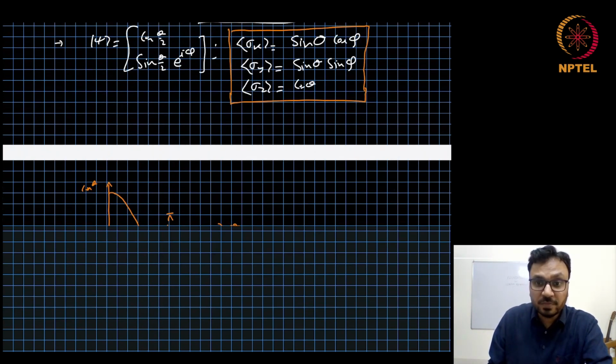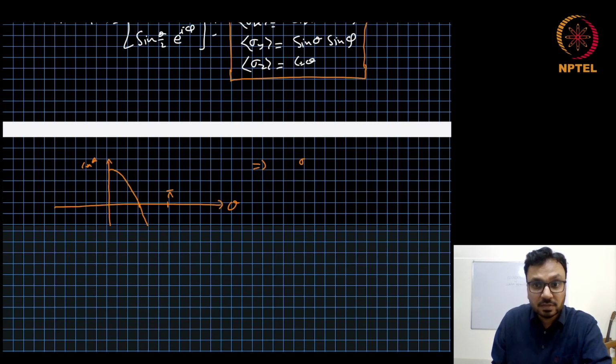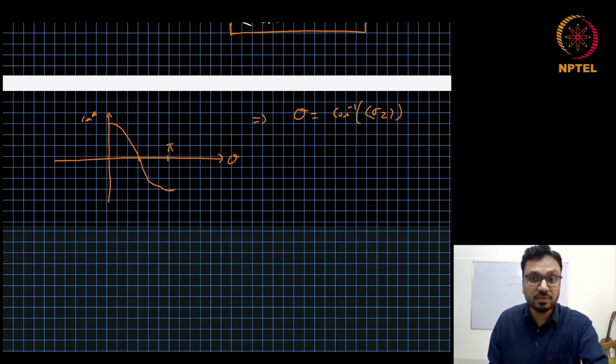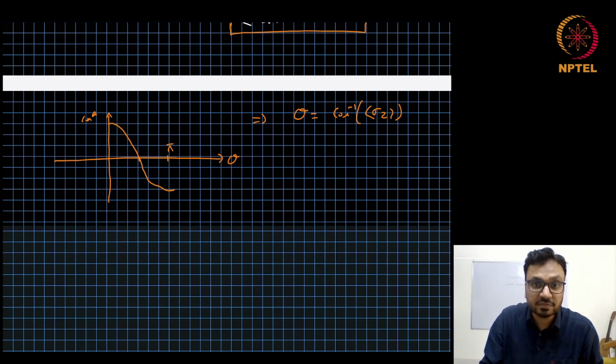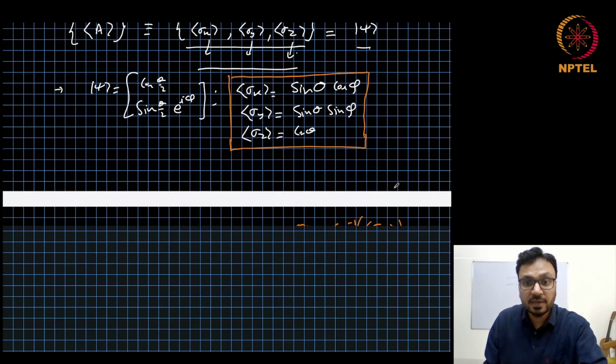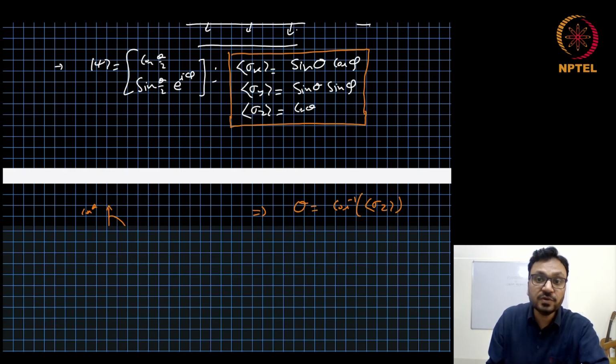From here we can find theta, which is cos inverse of sigma z. This is unique. Once we measure the sigma z expectation value, we can calculate cos theta from there directly. Now, once we have theta, then we can substitute in sine theta,